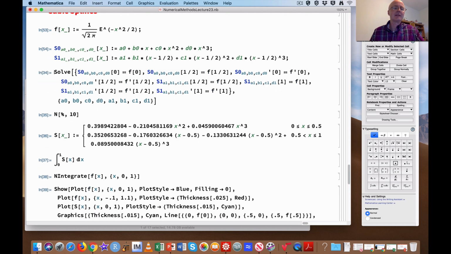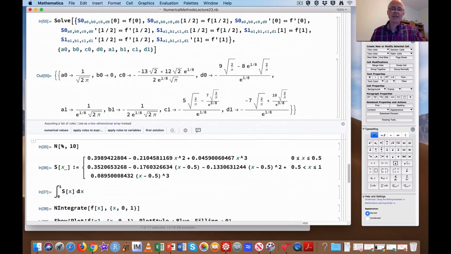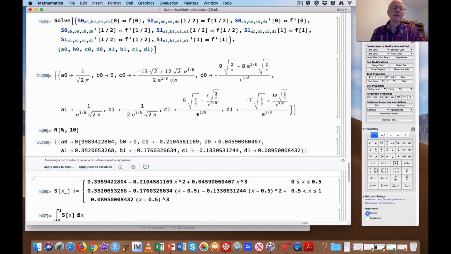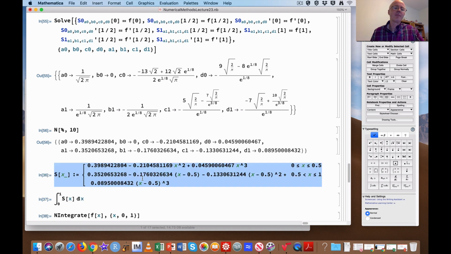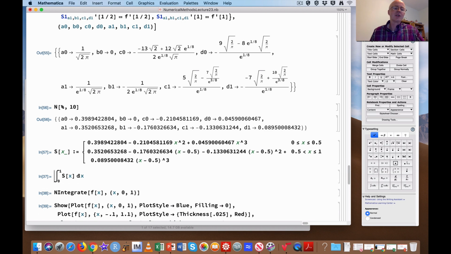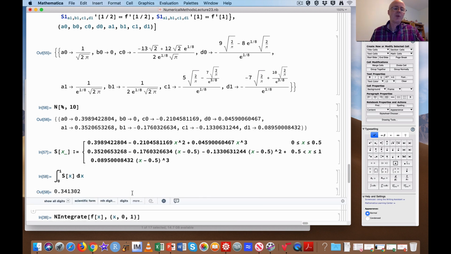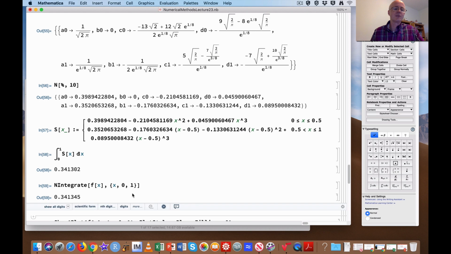Don't worry about the syntax here. It's solving crazy looking exact answers, but we can numerically approximate those to get these numbers. And then I'm defining a piecewise function in Mathematica using those numbers. What's the integral of that function? It's about 0.341302, very close to the true value of the integral, even here with just 2 pieces for the